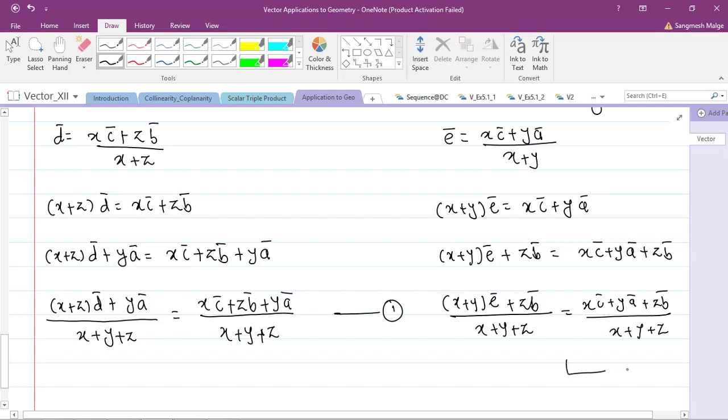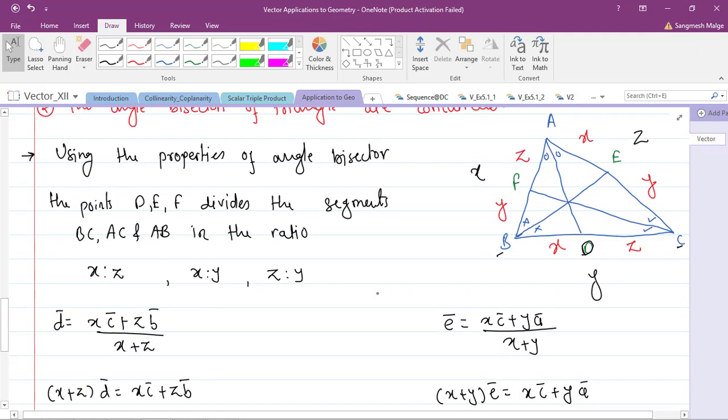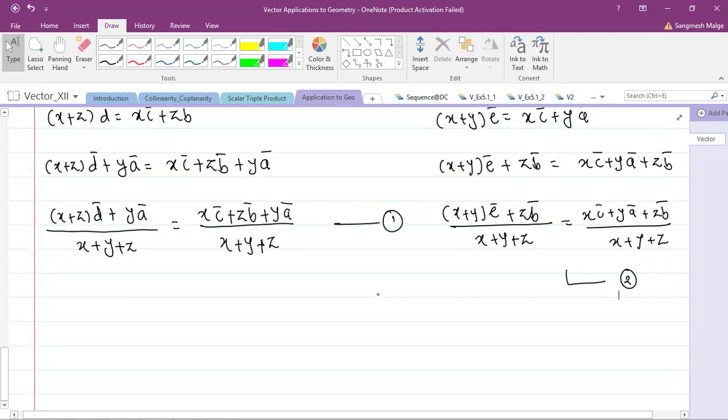This is nothing but the equation number 2. Similarly, you can write down for the f bar. Okay, now I will write down the f bar as it is. Similarly,